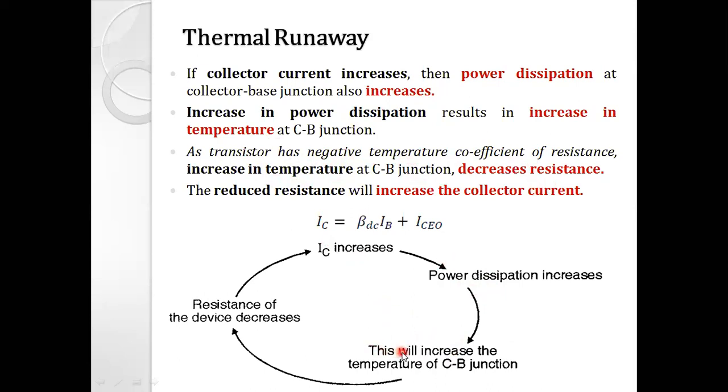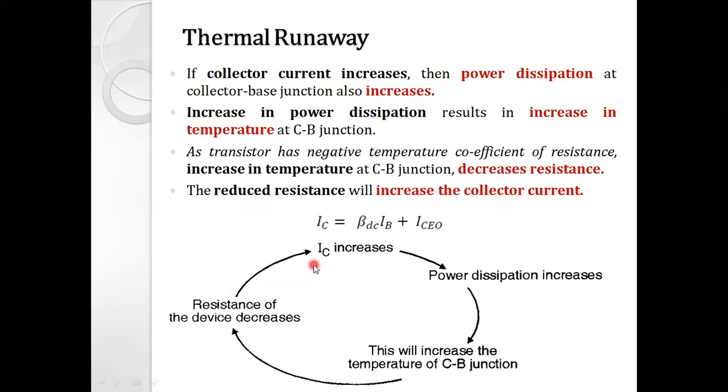As the temperature increases, there is reduction in the resistance. The reduced resistance will increase the collector current, right? If there is decrement in the resistance, then obviously the current through that resistor increases,